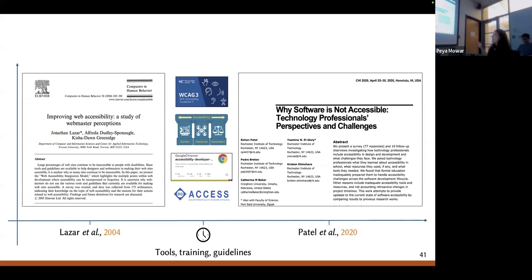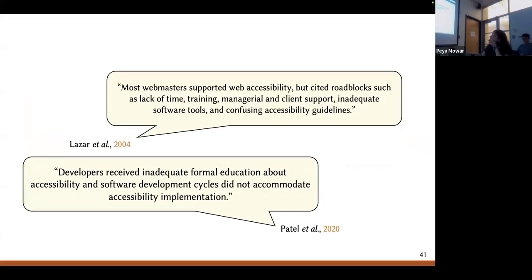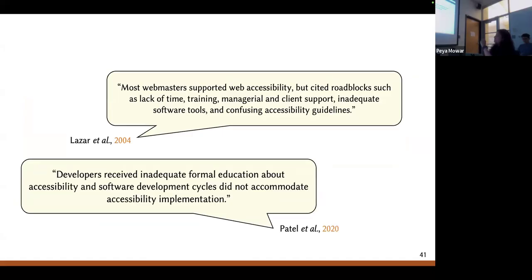Yet, still, even 16 years later, we see similar results. Developers still receive inadequate education about accessibility, and their cycles just did not accommodate accessibility implementations. And if you see both of these quotes, they're actually talking about pretty much the same problem, which is even if developers were wanting to make their websites accessible, they might not receive the adequate support or time to do that.